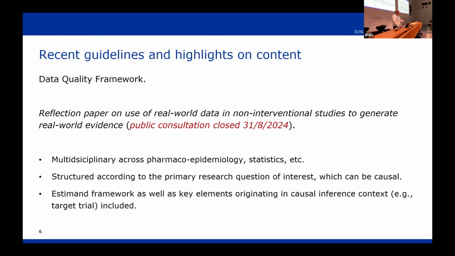And we make clear that actually you should state that, and then subsequently your approach of the observational study should reflect that. And I think both the estimand framework as well as elements from the causal inference framework are part of this guidance. So here you will see the target trial approach as one of the structuring elements to get that connection good between the research question and maybe already the choice of the data source and the subsequent design of the analysis. If you've not read it and did not comment, your chance is passed.